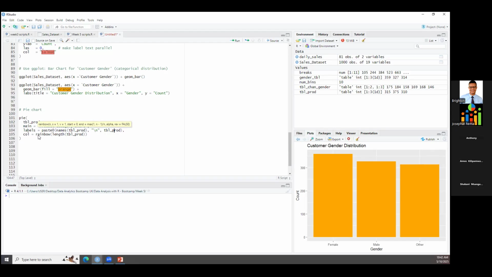I'm not so sure about the order of which gets picked and which comes next, but what we know here is it takes the rainbow colors, and it calculates the length of that to know how many colors to bring. So if you say rainbow bracket 3, it gives you 3 colors of the rainbow. If you say rainbow bracket 4, it gives you 4. 5 gives you 5. So it goes through the length of TBL prod, which is three categories, and gives you 3 rainbow colors back. So if you run this,